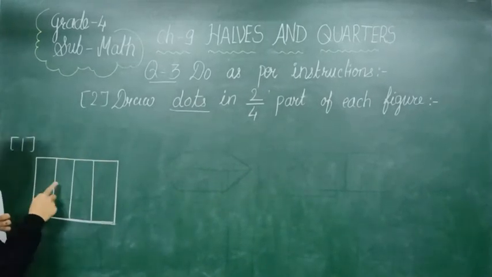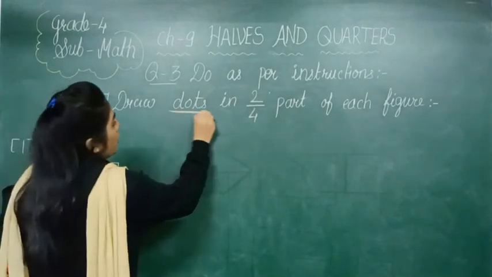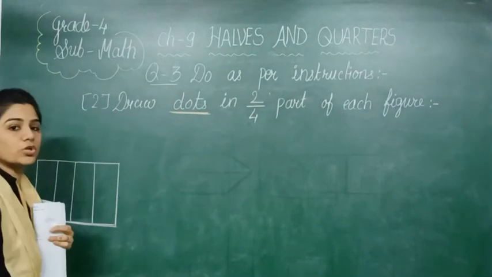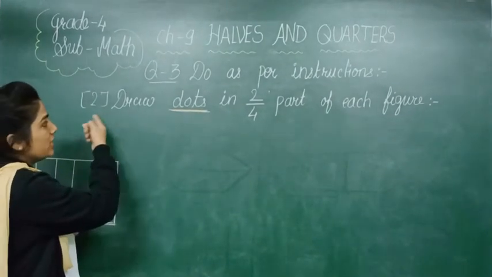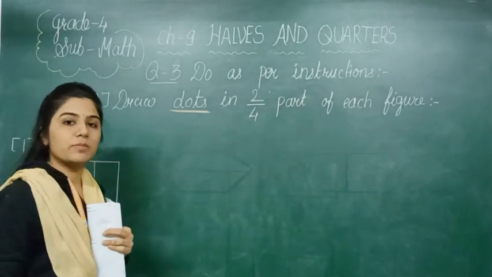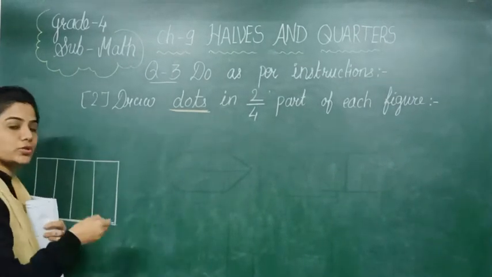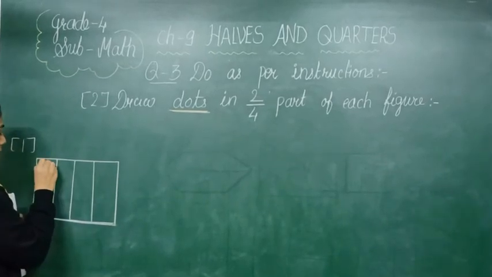Like this, 1, 2, 3 and 4. Now we have to make dots here, because as per the question we do as per instructions. That means in question 2, it is given that draw the dots in 2/4 part. That means we have to draw the dots in any 2 parts out of the total 4. So I am just